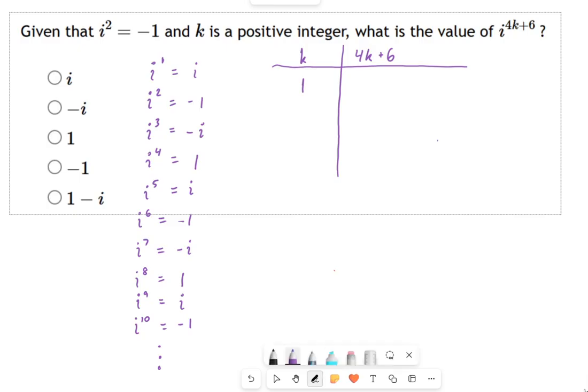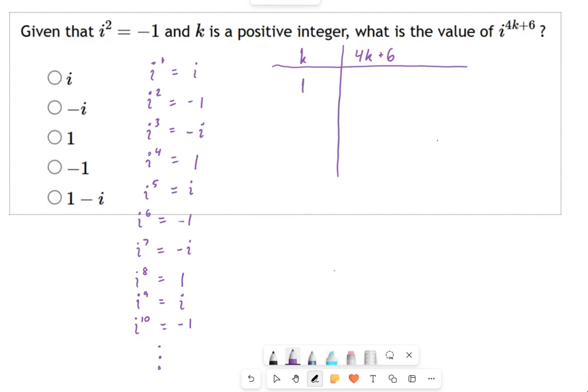If you remember that, great. But what you may not remember is how to deal with crazy exponents like this. Like, what do we do when it's just some exponent that we have no idea about? Well, here's your clue. k is a positive integer. So let's not worry about the formula so much.